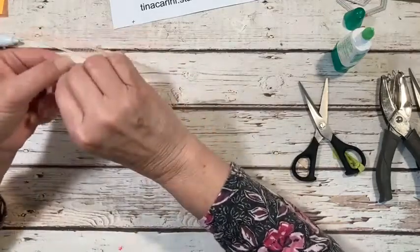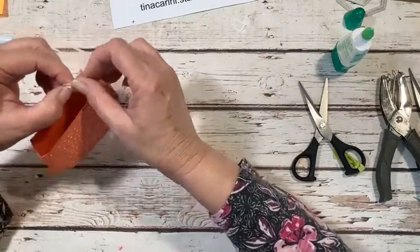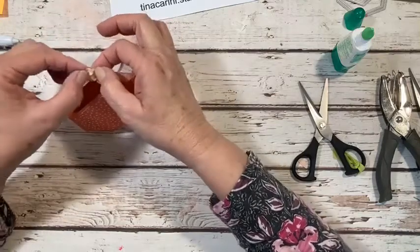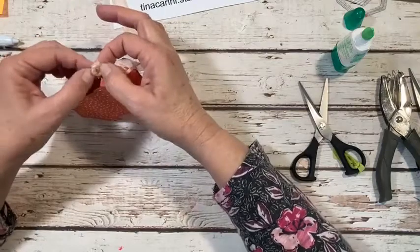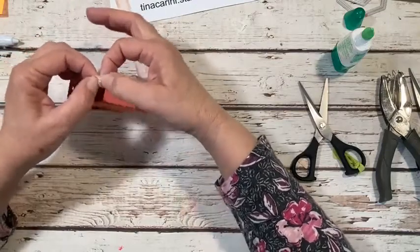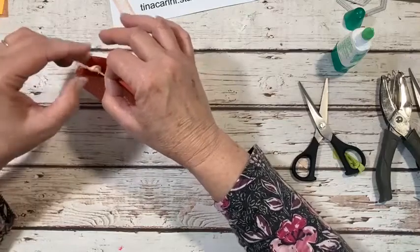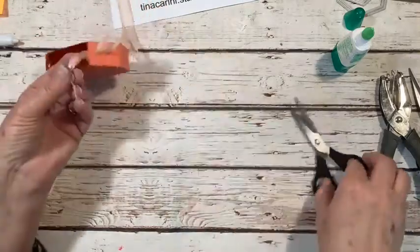Try to anyway. Thank you, Chris. I think it's cute too. I love it. I think it looks like a cute handbag with a little handle on it, more than a box, truthfully. Alrighty. And then we're just going to tie that knot. And then we're going to trim off